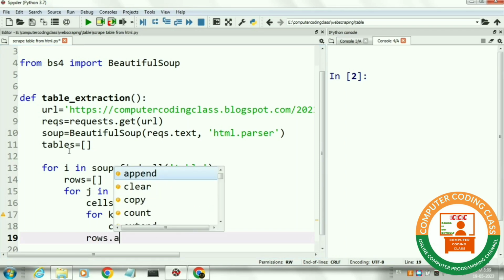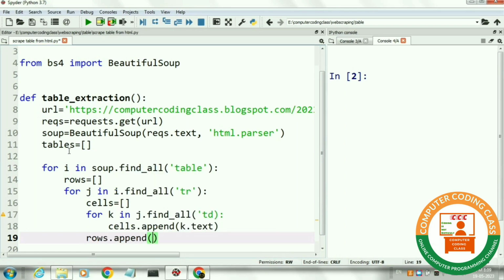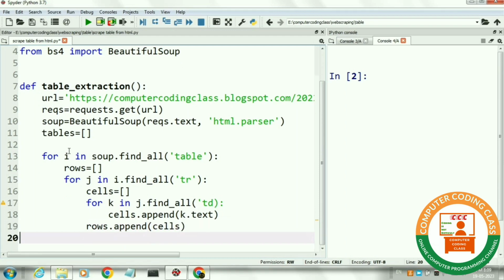and save all these cells lists in the rows list. It means we are creating a nested list. Now coming out from the j loop and save the rows list into the outer tables list.